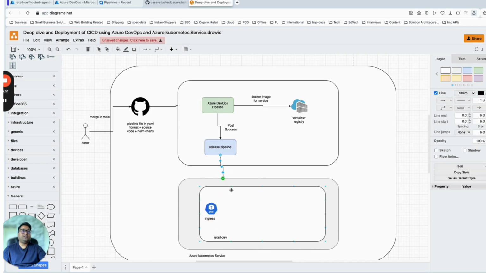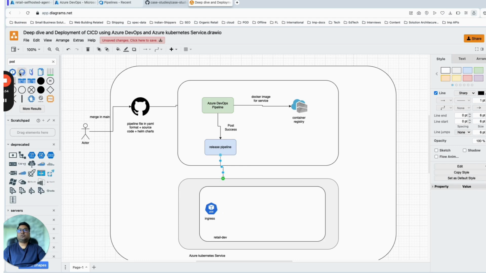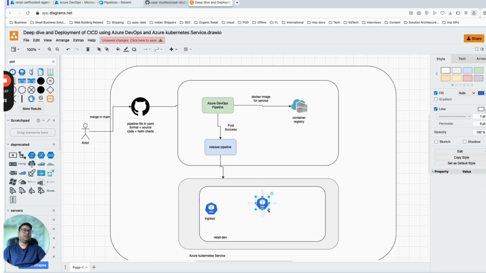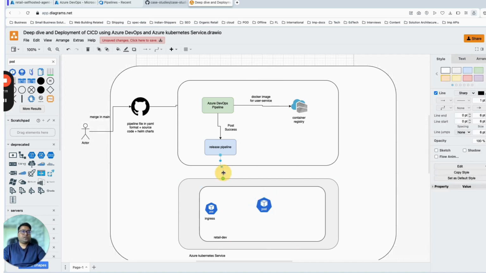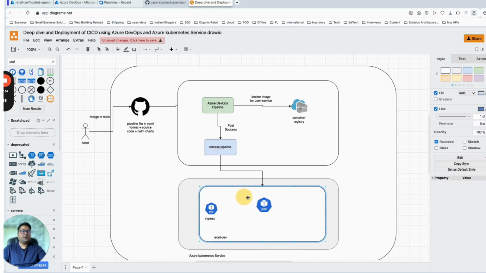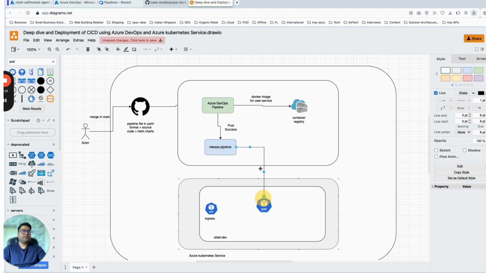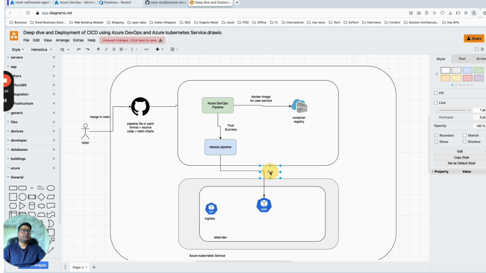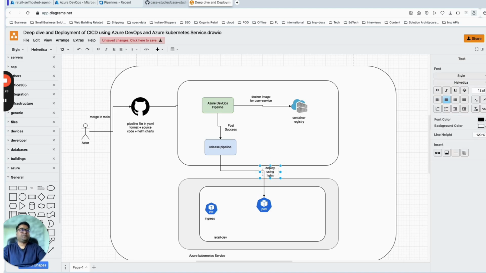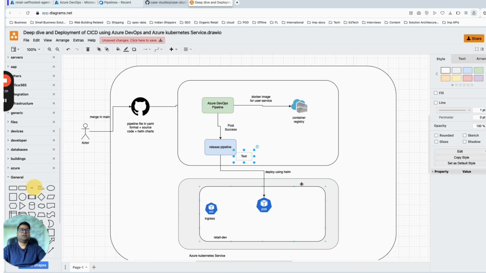Now this guy will deploy to Kubernetes, and the moment it deploys to Kubernetes, a pod will get created, right? So let's say you are doing everything for user service, because I have created a sample application in Java. The name of this sample application is user service. I will draw this here, and I will write it as deploy using Helm, and then I will say what will happen,